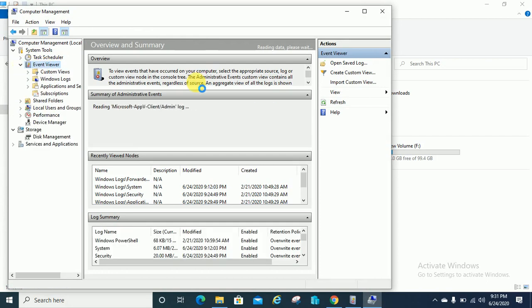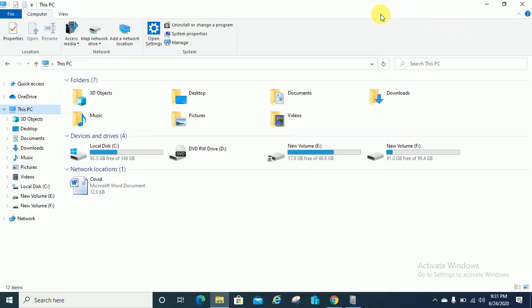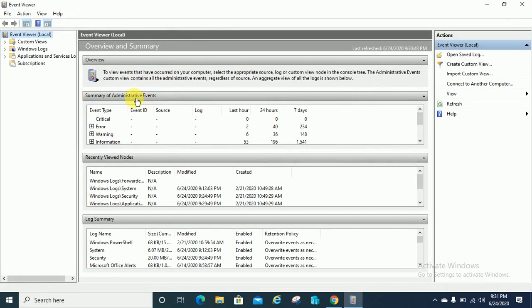So there are two ways to open the Event Viewer. Either you can open from here, or just type the command eventvwr on run and open it.